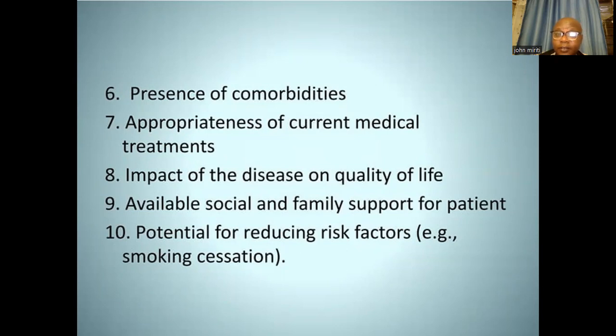So another point is that you have to assess the impact of the disease on the quality of life. Are these people not going to the place of work because of a problem? They are having breathlessness. The children cannot go to school. The people cannot go to the places of work. So does this disease have a social impact on the life of these people? So is there support from the family members, from the society, like paying for insurance cover, NHIF, assisting in buying drugs, all those type of things are very relevant in this type of condition.